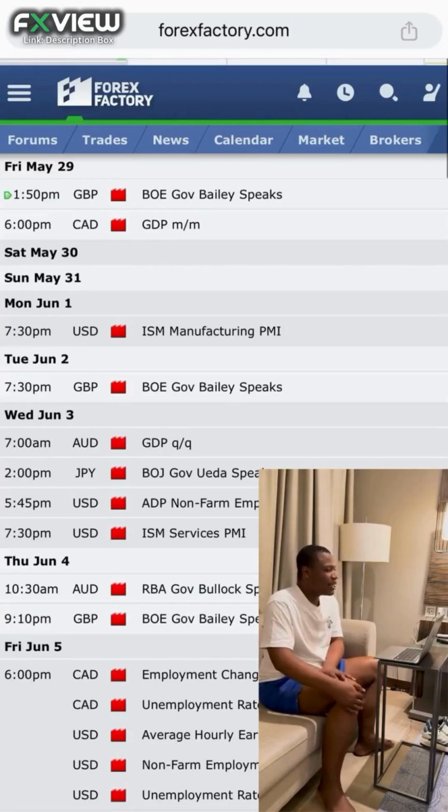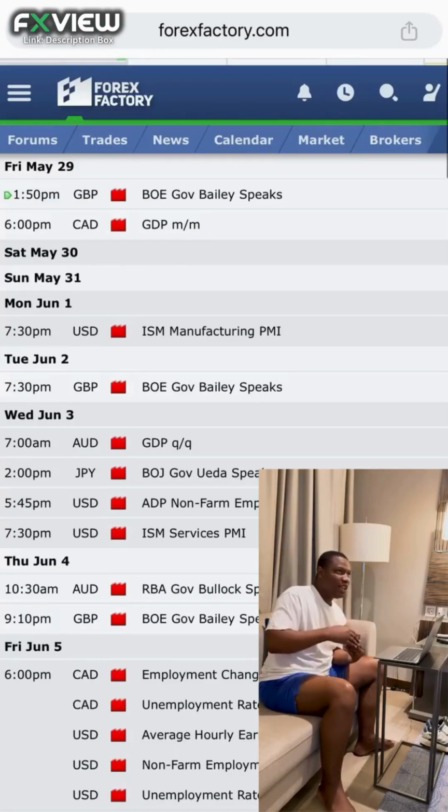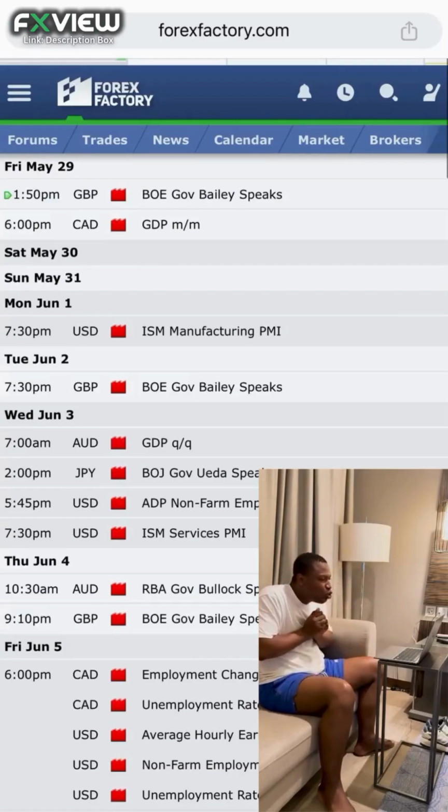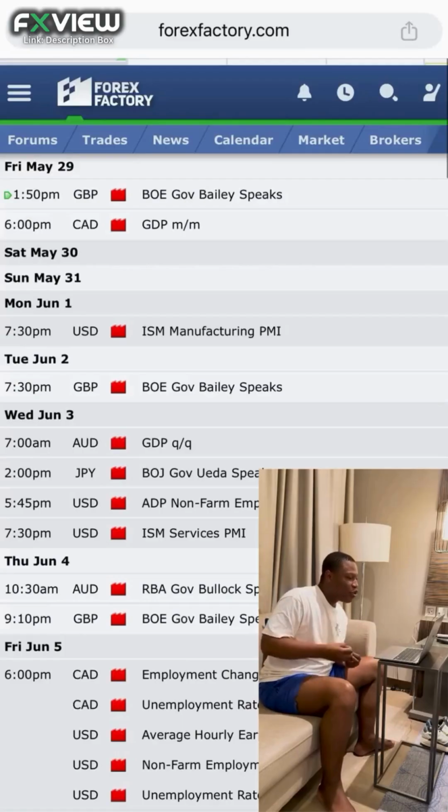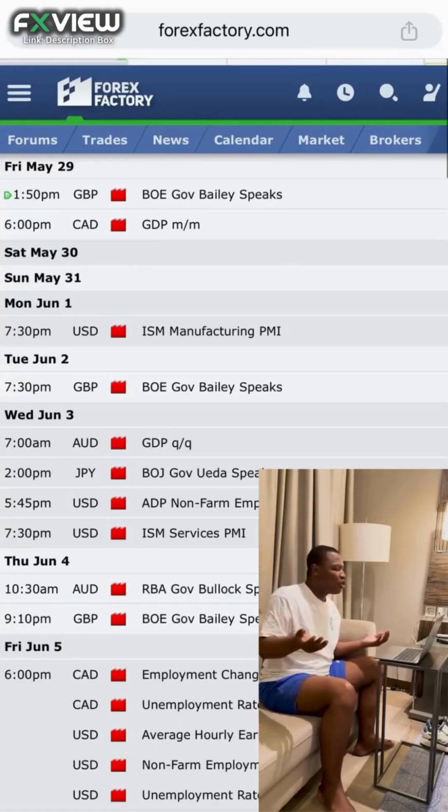So what is the biggest driver in Forex? The biggest driver in Forex is interest rates. And why is it interest rates? It's because money flows where returns are the highest. If the US Federal Reserve increases interest rates, global investors move money into the US dollar to earn higher returns, of course. So obviously that will create a demand for the US dollar. And when the demand increases, the currency is obviously going to strengthen.